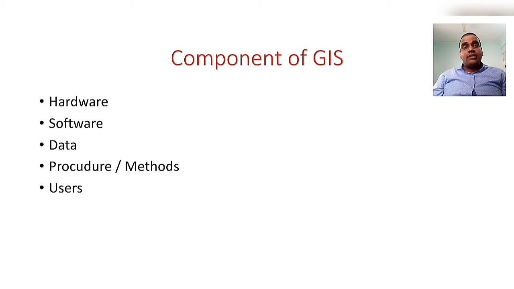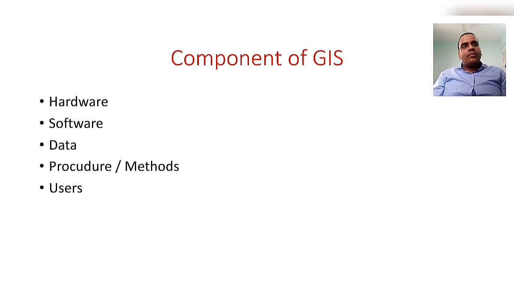Another important part, without which the GIS system is not possible, is data. See students, you have installed the system and you have the software, but there is a need of information, of data which has to be inserted into the system, from which you will do various kinds of analysis. As we have seen in the definition, GIS is a computer-based system capable of collecting, storing, analyzing and manipulating information and converting the data into digital maps. So there is a need of information.